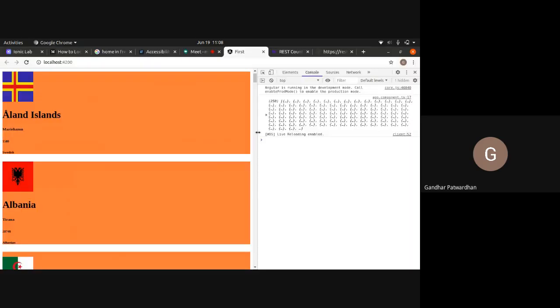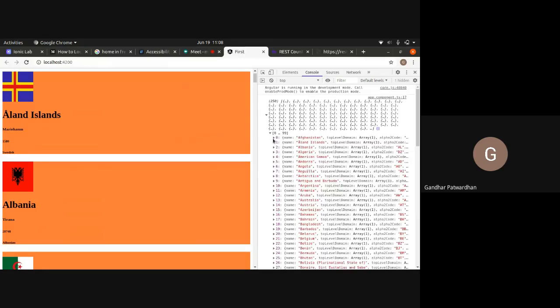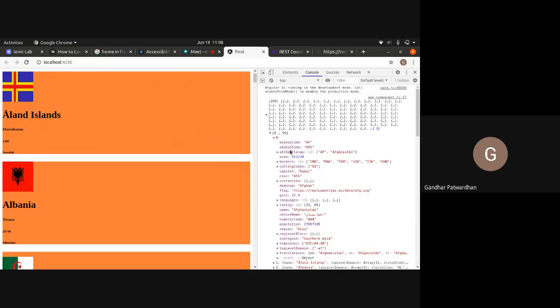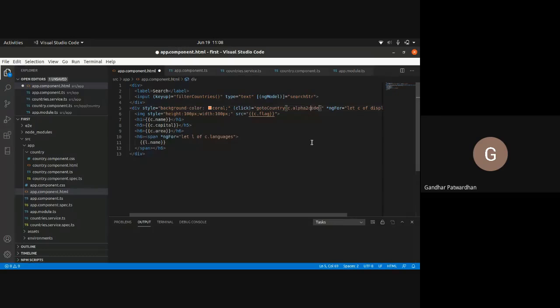Let me check what is the exact name. Alpha2Code, C is capital. So from each country object, it will pass the alpha2Code. Whichever div is clicked, means whichever country is clicked, it will pass that alpha2Code. And I'll write this goToCountry function here.